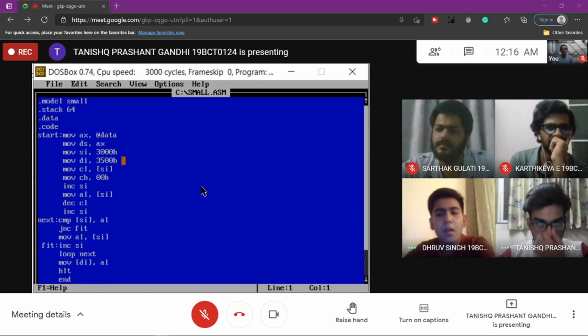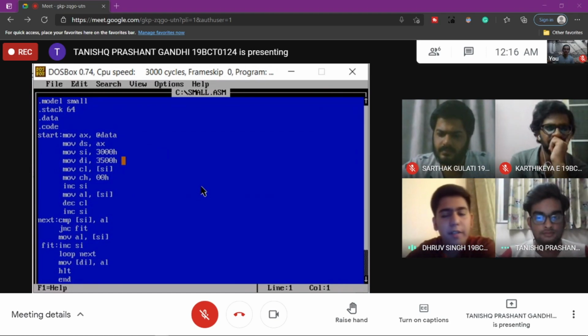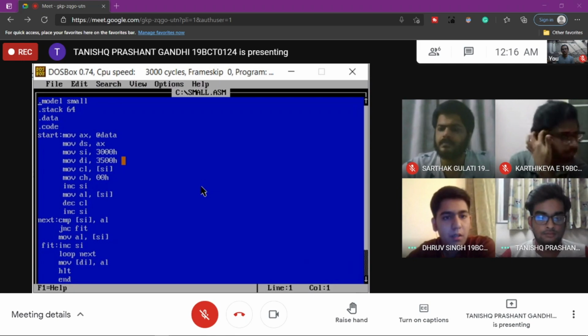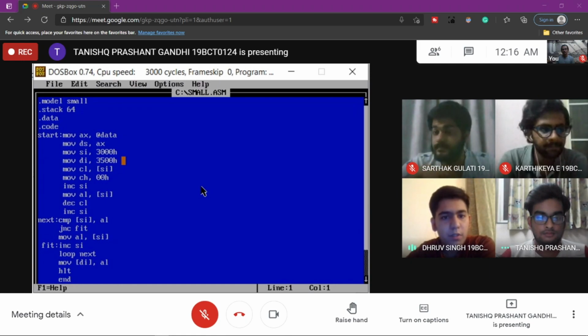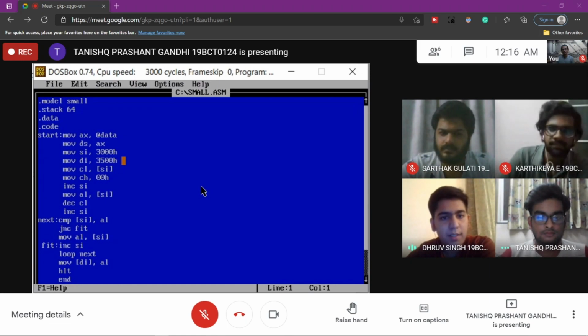program. Okay, so here, similar to finding the largest number in an array, for finding the smallest number in the array, we can see that .MODEL is the directive which specifies the memory configuration for the assembly language program. .MODEL SMALL tells the assembler that you intend to use the small memory model, which is one code segment, one data segment, and one stack segment, and the values of the segment registers are never changed. And the code is written after the .CODE command.